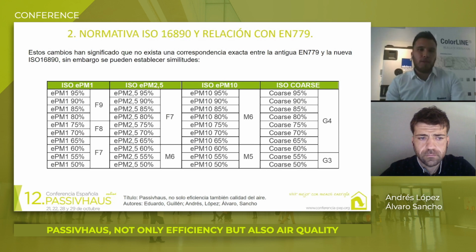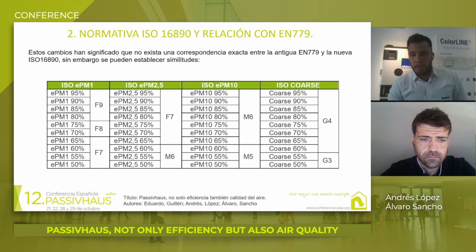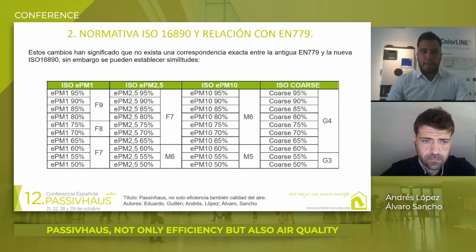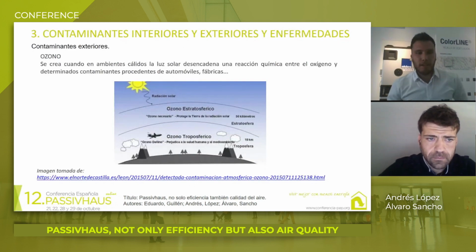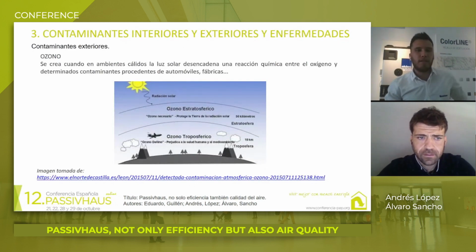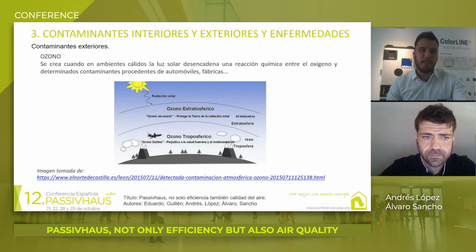Although it's true that these changes in the way of testing and classifying filters means that there's no exact correspondence between the previous standard and the new one, we can establish certain similarities, as are shown in the table. The new classification by particle size, PM1, 2.5, 10 and coarse, with increases of 5%. This increases the range and provides more specific details of the reality in this case. I'd now like to hand back to my colleague